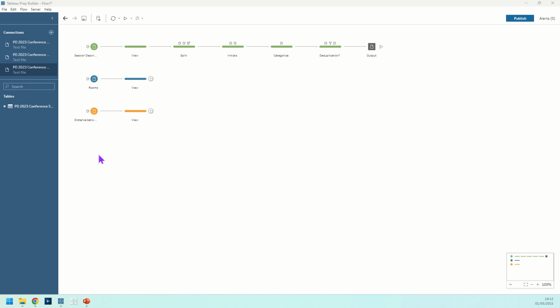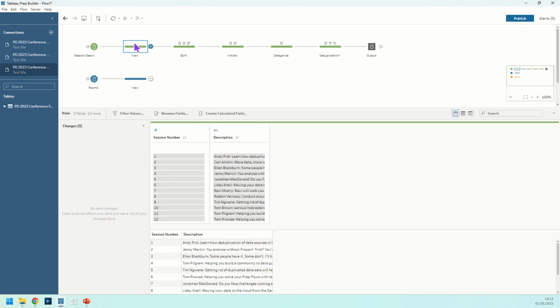So our first part of this challenge is the beginner level, so it's to create output 1. We're trying to work out who it could be, narrow down the search of who it could be that our boss wants us to talk to. So if we take a look at the data that we have in order to do that,